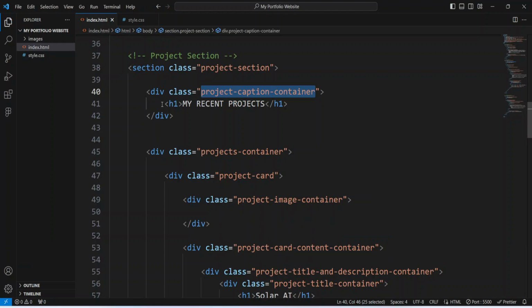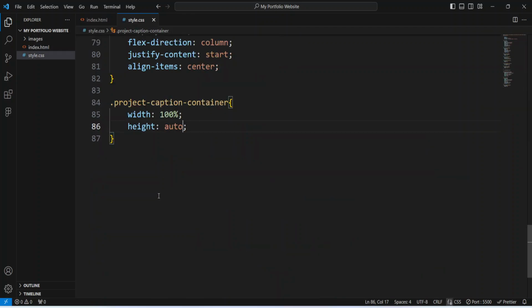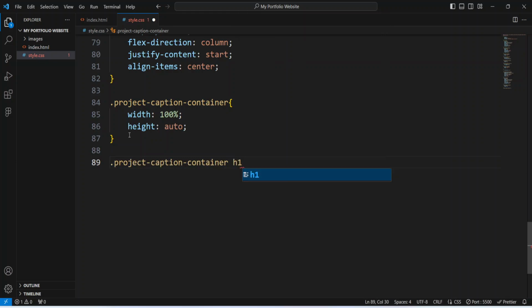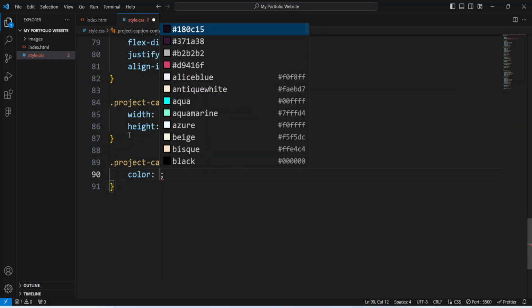Now what do we do next? We want to design the H1 text that says my recent project. So we are just going to tell CSS that, hey CSS, go into this container and grab the H1 element that is there. Grab it and bring it into CSS so that we can change the color of that text to, let's change it to